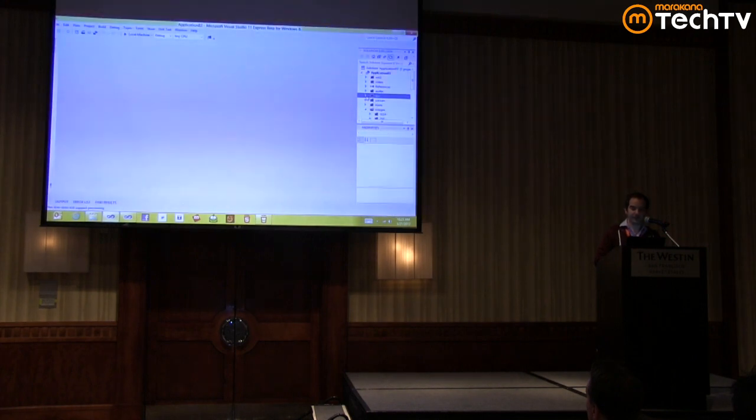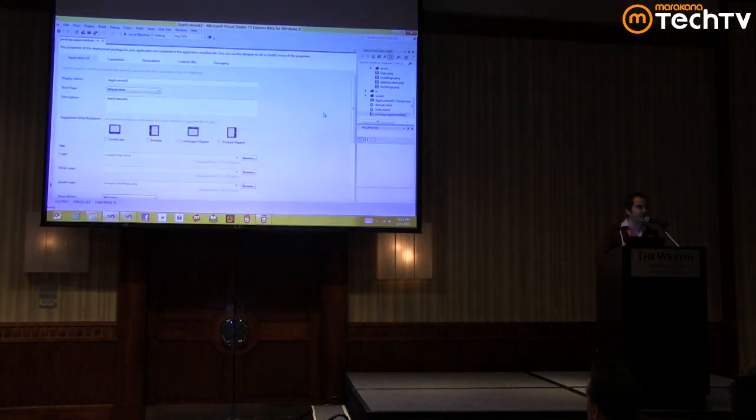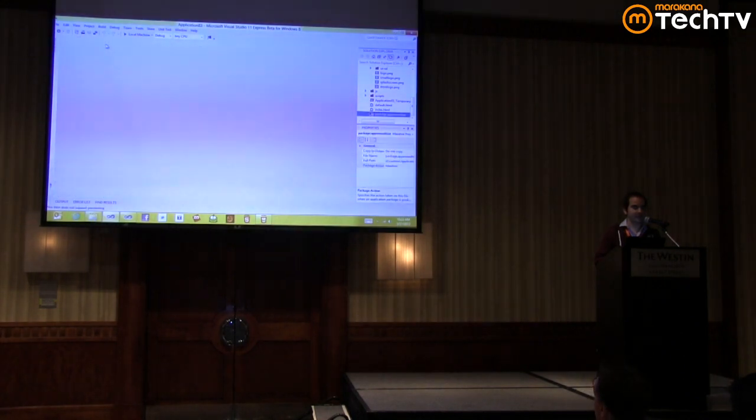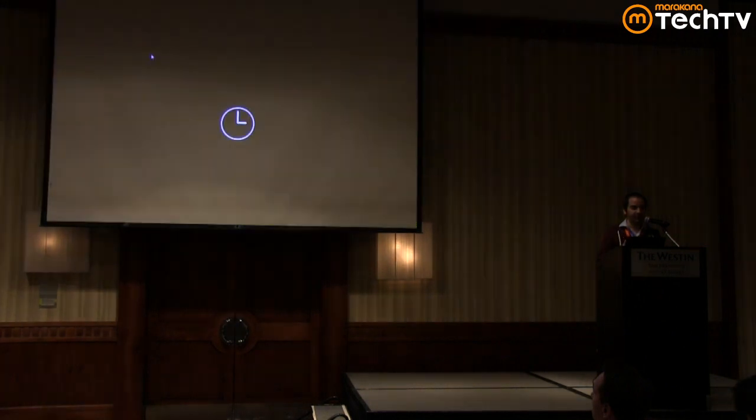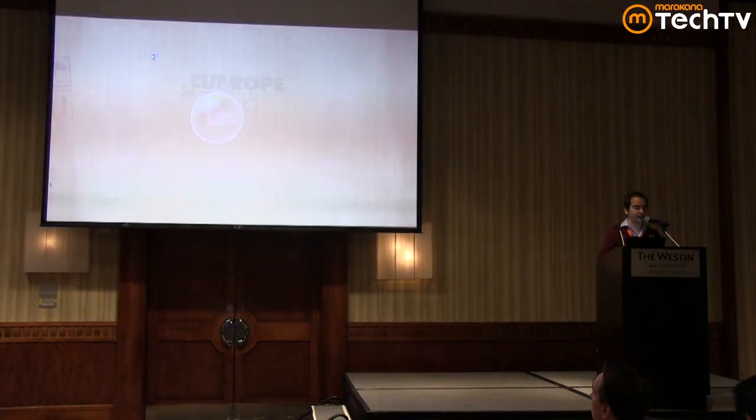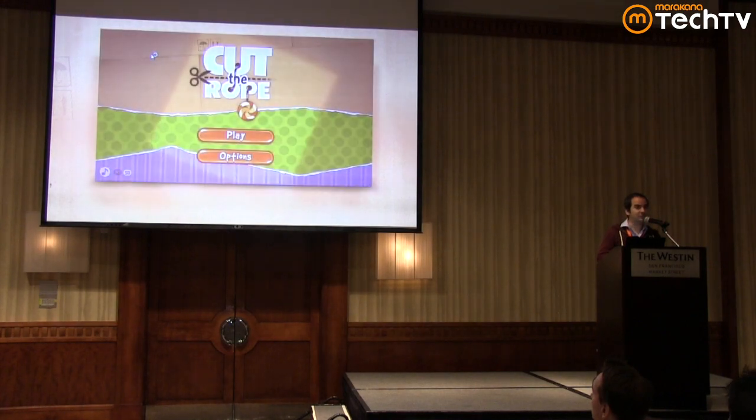Then the other thing I need to do in the manifest, which is just an XML file that defines some of the properties of this application, like tiles and orientation, is switch the default start page to be index. Ready? Now I compile this application, and I run it as a local application on my machine. So Visual Studio is packaging this code. Boom. What do you think?